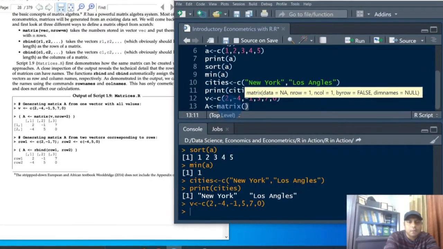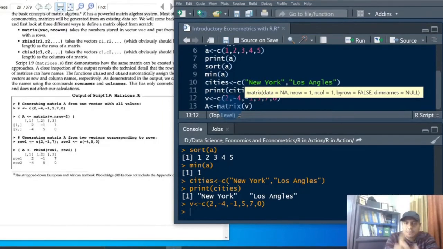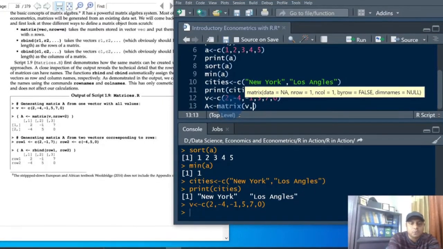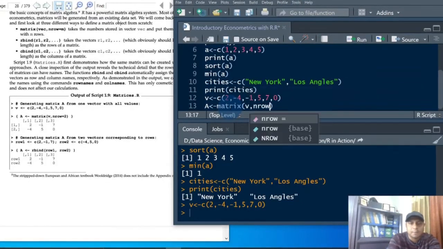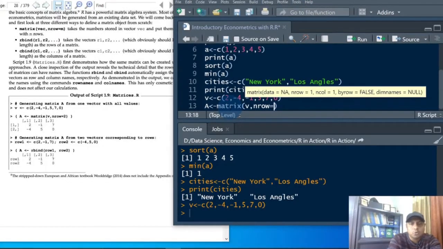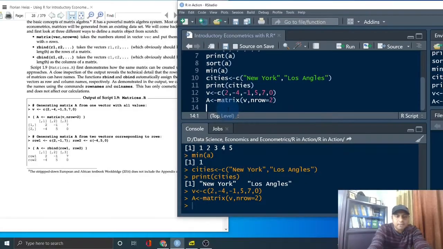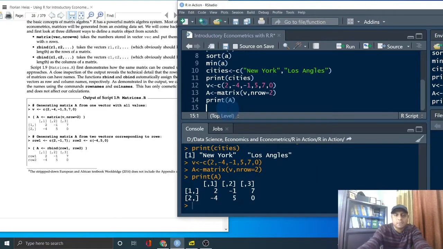We use the object v, and then how many rows we would like to use. We say nrow is equal to 2, press Ctrl Enter, and then if we print A, we see 2, -4, -1, 5, 7, 0. This is the matrix.